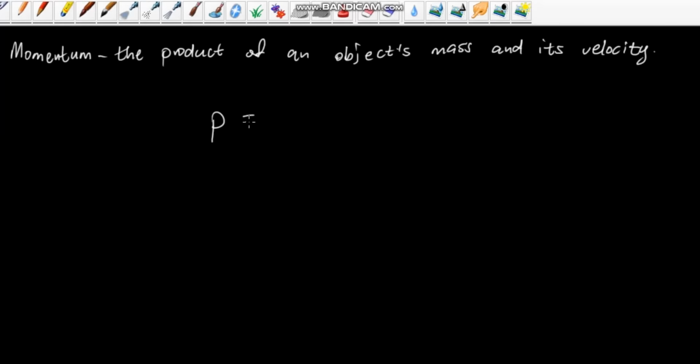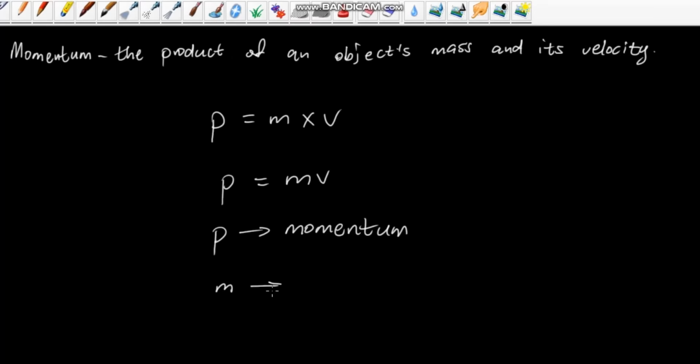Momentum is small letter p and then equals m times v. Okuwukuthi ke momentum is mv. M times v is mv. Eyini ku-p? Momentum, remember, sithe momentum is small letter p, and then m yini, mass of an object, and then v yini, the velocity